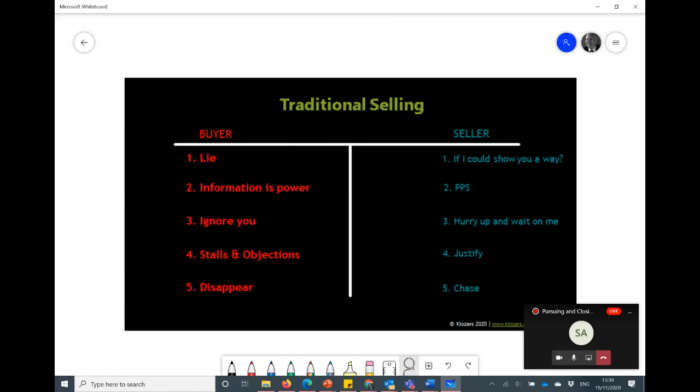Now, if I could ask you to think about your own experience, when you go and visit the doctor, does the doctor sit you down and say to you, look, make yourself comfortable, I've got a very, very good presentation here on amoxicillin, I'm just going to flick through it and then we'll decide the next steps at the end? The doctor never does that. The doctor focuses 80 to 90% of his time diagnosing your condition. So for salespeople, if we are not spending that 80% of the time with the customer diagnosing their condition, in the same way, if we did that as a doctor, it's malpractice.